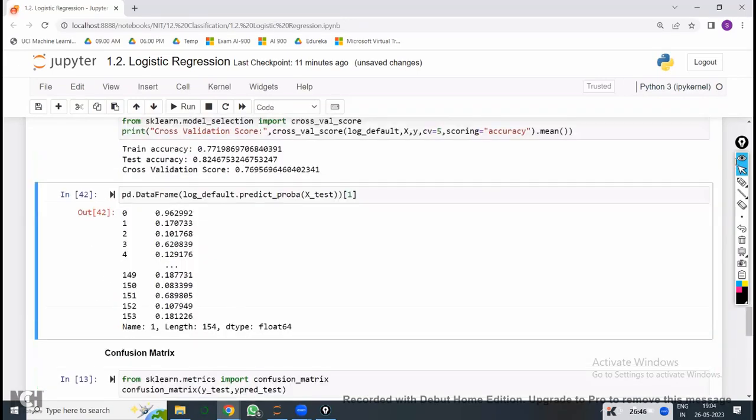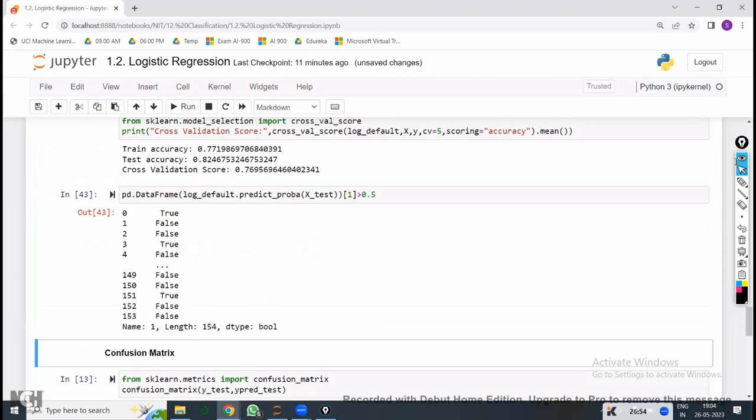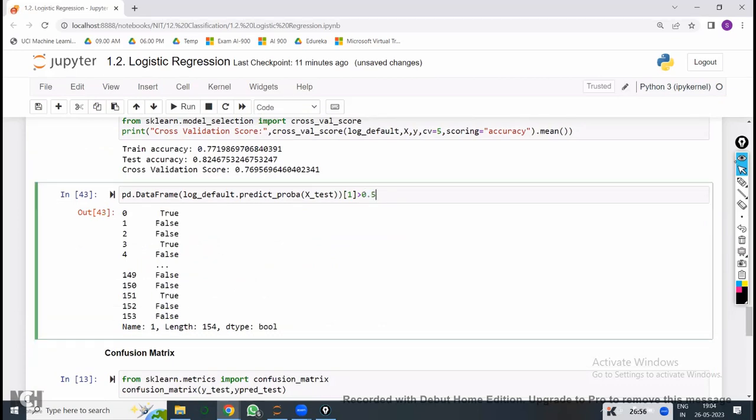So you are going to get this one. Now, once you have got this one, wherever the value is greater than 0.5, it is identifying like this. And if you want to extract the data points, meaning wherever the values are true,